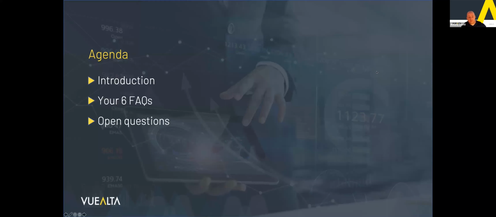So the agenda today, the format: first we'll do an intro with just 3 or 4 slides. Mike's going to set the scene on where the software world is with supply chain analytics, and Emel's going to set the scene on where the more academic world is, so that's just 4 slides to set the scene on where we think analytics fits in today's world. We're then going to tackle 6 of the most frequently asked questions, maybe the 6 most difficult questions, and hopefully we'll still have some time at the end. As we go along, please put your questions in the Q&A or the chat box, and we'll try to pick up your questions at the end in an open discussion.